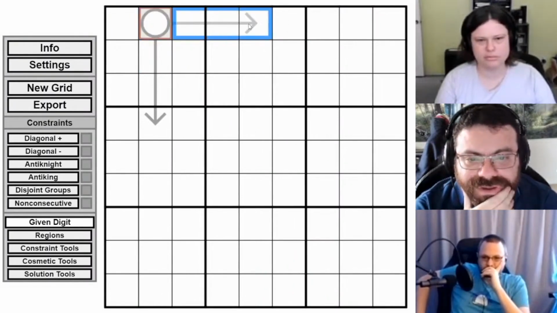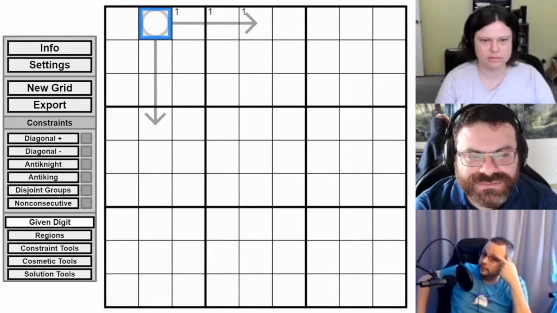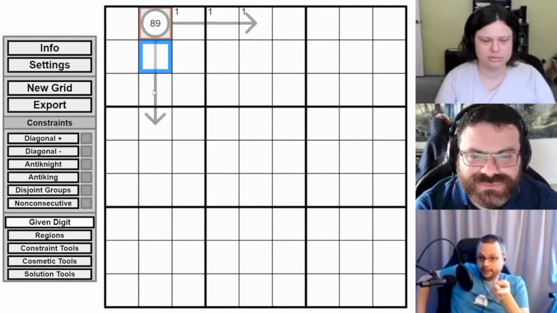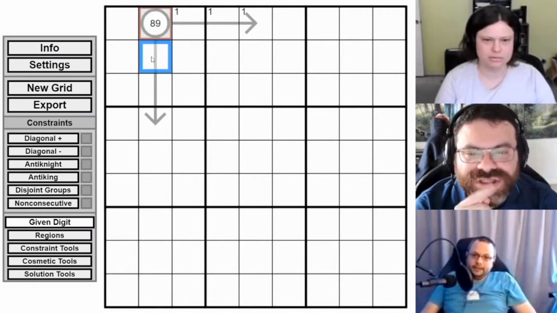Okay, well, what are we? So this can't have a 2 on it, so it must have a 1 on it. And because it can't have a 2 on it, it's an 8 or a 9. Oops, I gotta turn this off. Yeah, 8 or 9. Okay, we understand this part. And vertically, I can't put a 1 anymore because you've said that's both a row and column indexer, right? Oh, so I should have put this here.